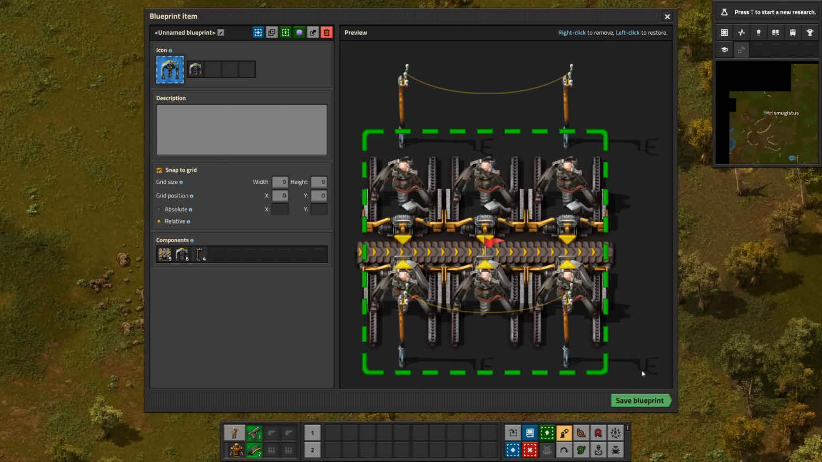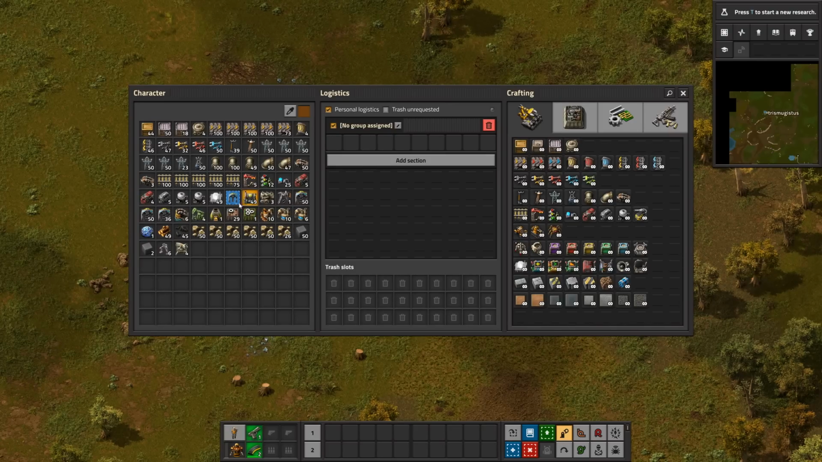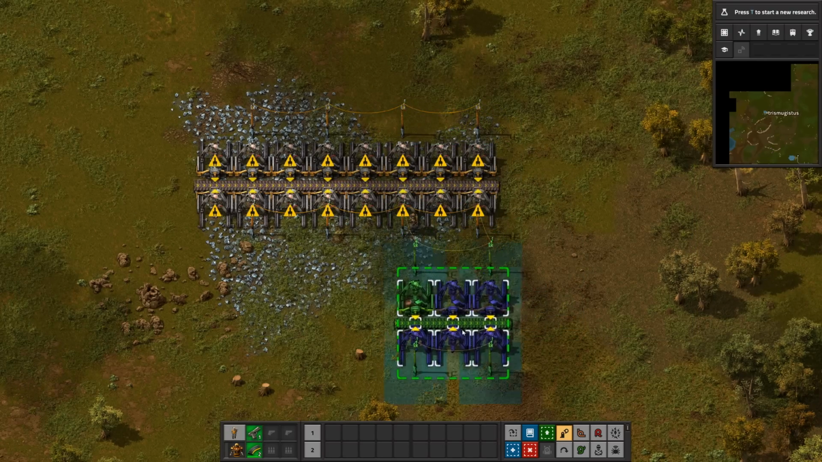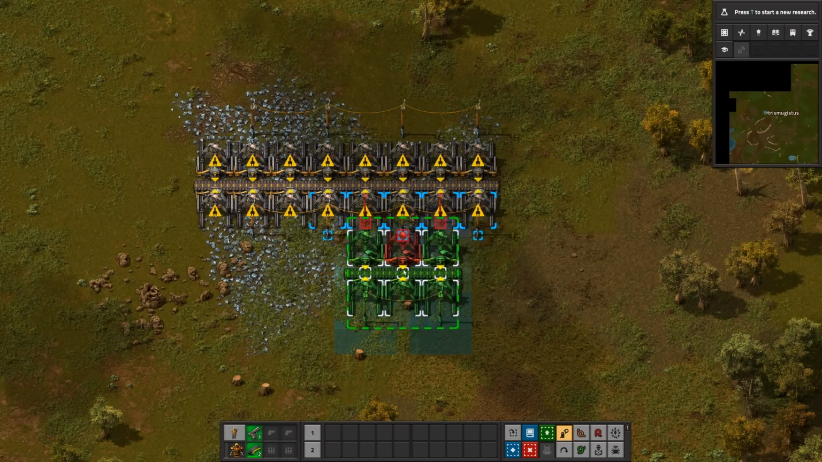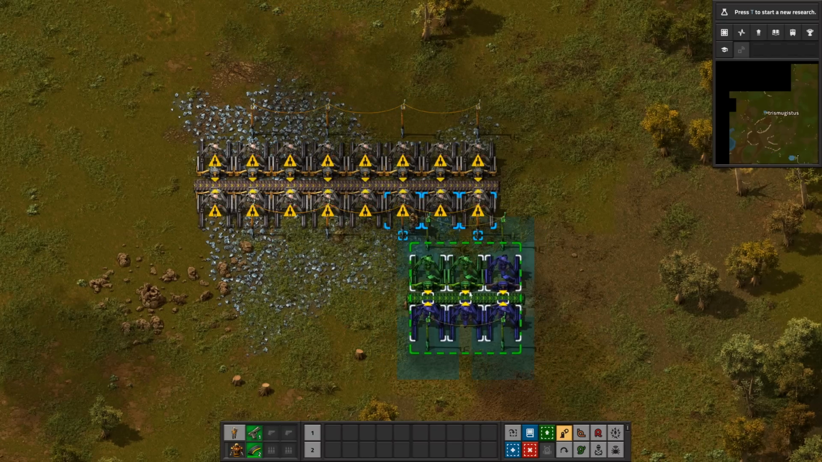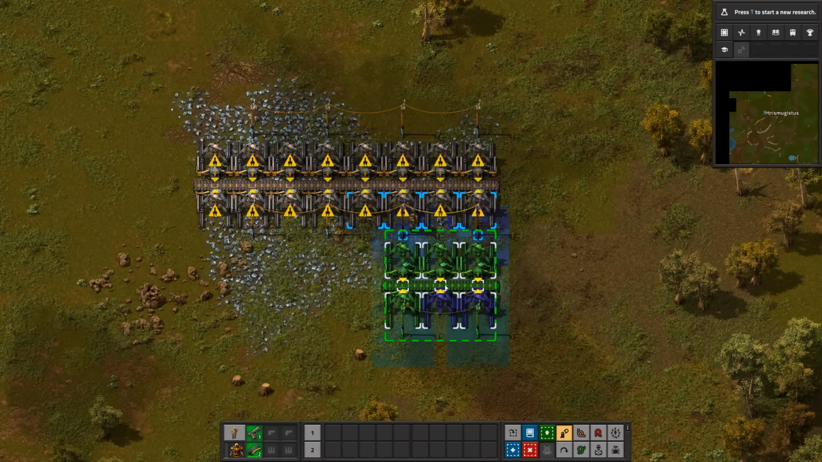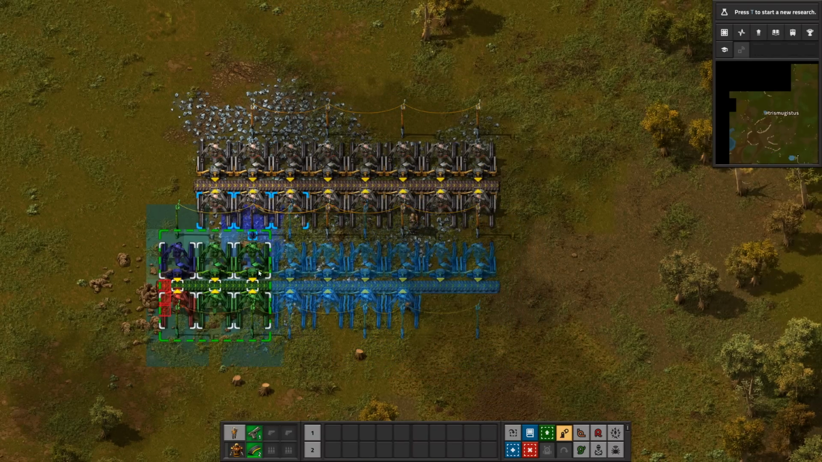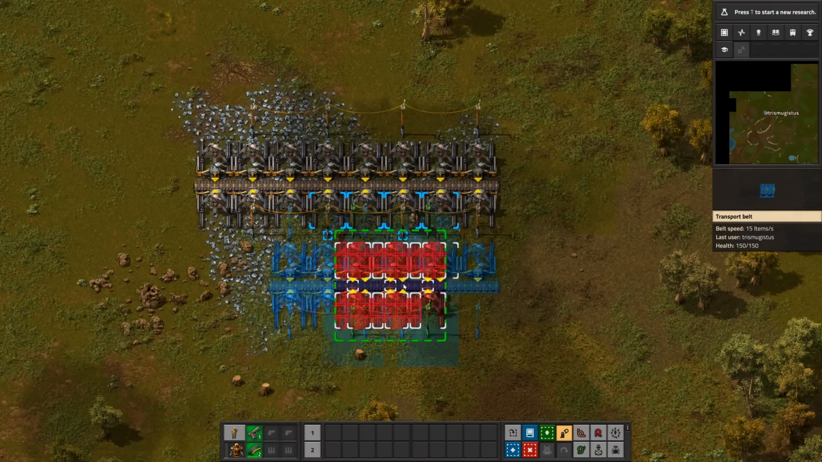So if we do this again, right, we've now got a blueprint that we can put anywhere. You see, it's not snapping to that weird always 9x9 situation. So we could potentially put this down and do that again. But notice the power poles are wrong. That's not where we want the power poles. We want the power